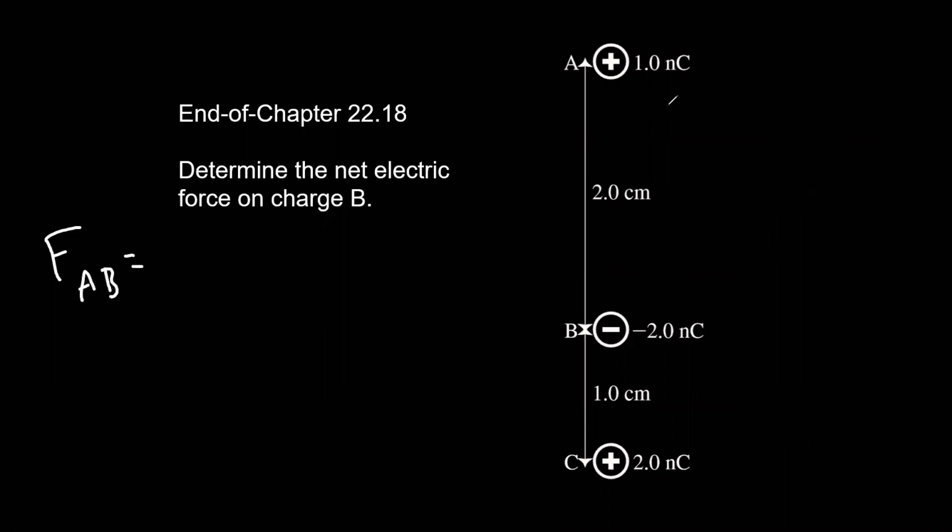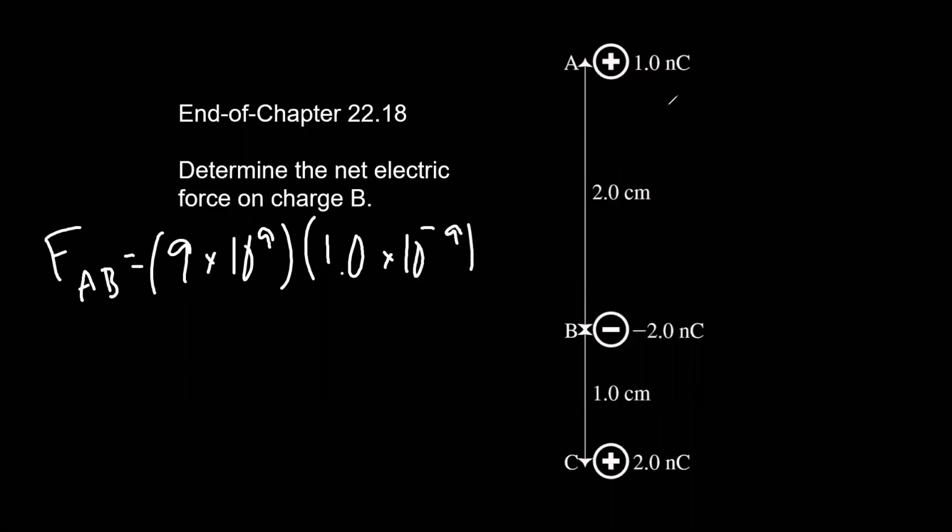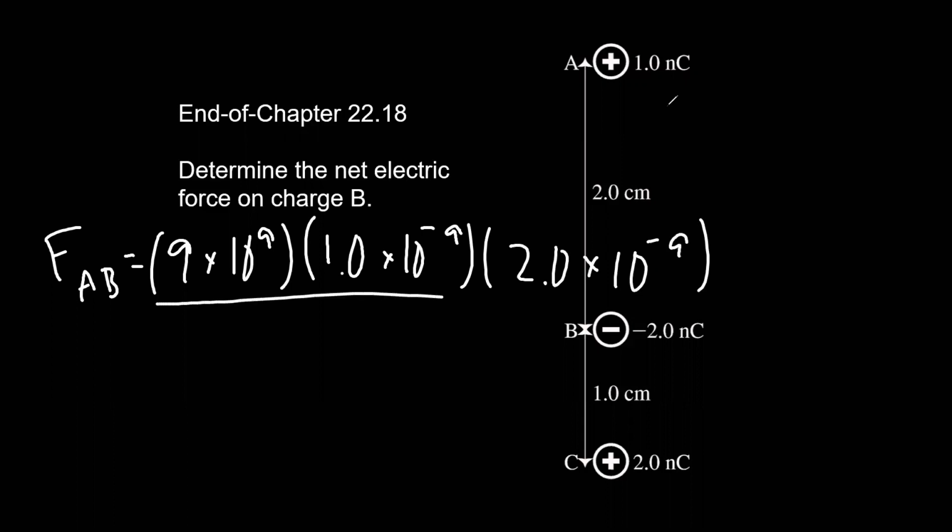We directly use the formula for Coulomb's law that we just wrote down. So the force constant is 9 times 10 to the 9, and I'm going to use the units way at the end. That's the cap K. A is 1.0 times 10 to the negative 9, and then B, 2.0 times 10 to the negative 9. Now, you divide all that by the distance squared. Well, the distance is 2 centimeters, so it's going to be 2 centimeters squared,